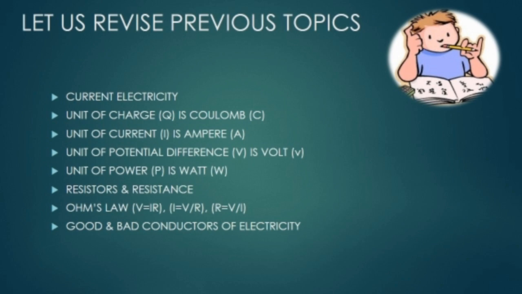Ohm's law can be denoted, or you may call it the formula for Ohm's law, as V is equal to IR. Its different version is I is equal to V upon R. Simply, you are isolating I, then it will become V upon R. Similarly, R is equal to V upon I. You can put Ohm's law with the help of V, I and R: V is equal to IR, I is equal to V upon R, and R is equal to V upon I.